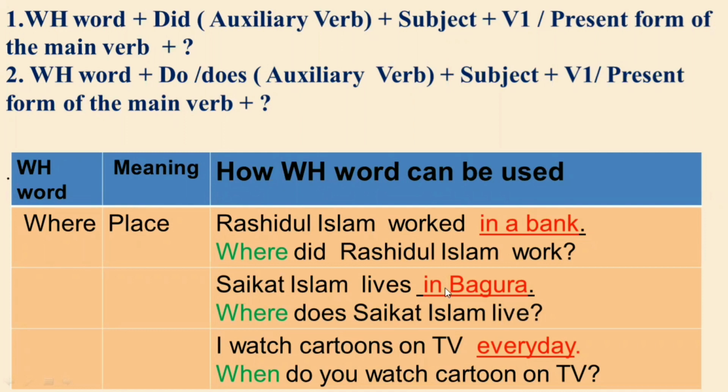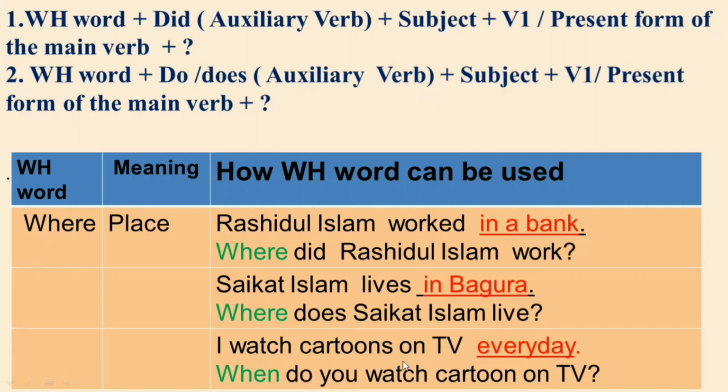So my dear student, what does the underlined word indicate? The underlined word indicates place. So right here, where. Then find out, is there any auxiliary verb in the sentence? No, no auxiliary verb in the sentence. So you have to take do, does, did. But here you can see s is added with the verb. That's why you have to write does. So right here, where does. Then Shoykut Islam right here. Then the main verb of the sentence, V1. Okay, then question mark. Where does Shoykut Islam live?